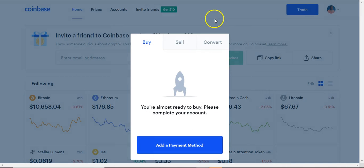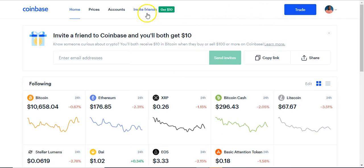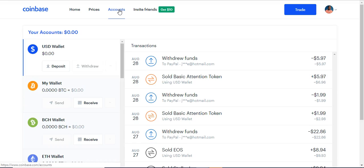So let me get out of here. Okay. Now, whenever you deposit it, this is back to the dashboard here. Now this is on the accounts tab. You'll see all your wallets on the accounts tab on the left hand side. Now when you deposit that money, it'll be in your USD wallet, whether you've done it by bank account, debit card, or wire transfer. Now to sell it, okay, say for instance you bought